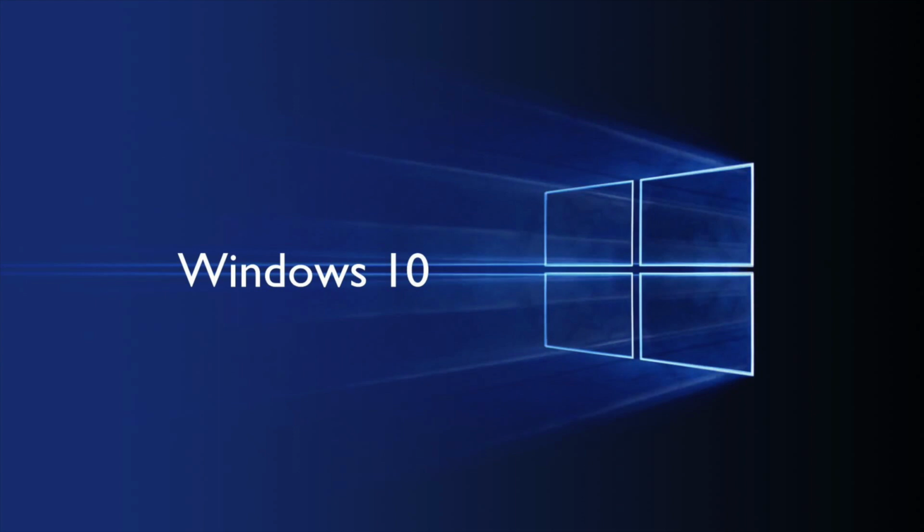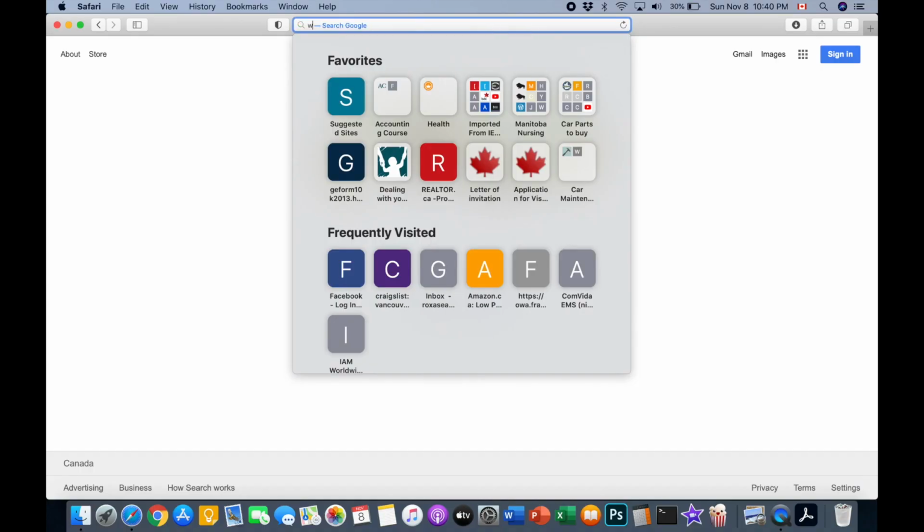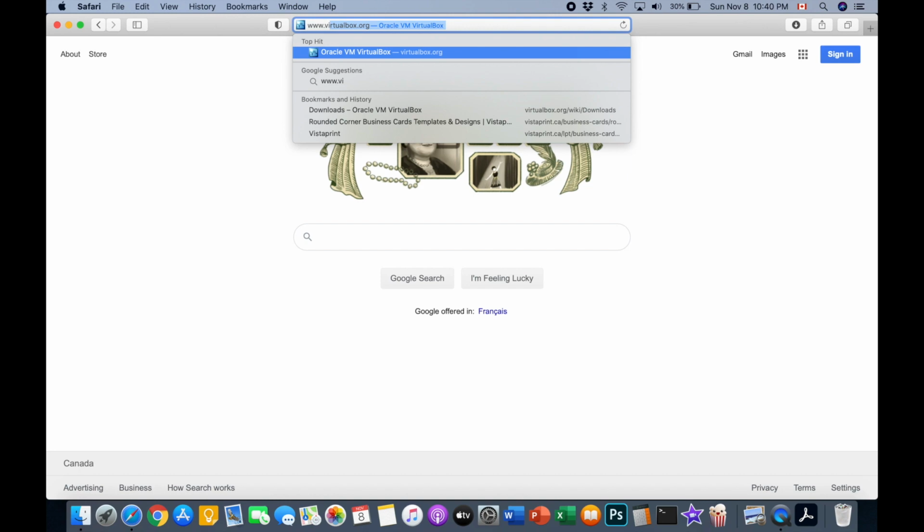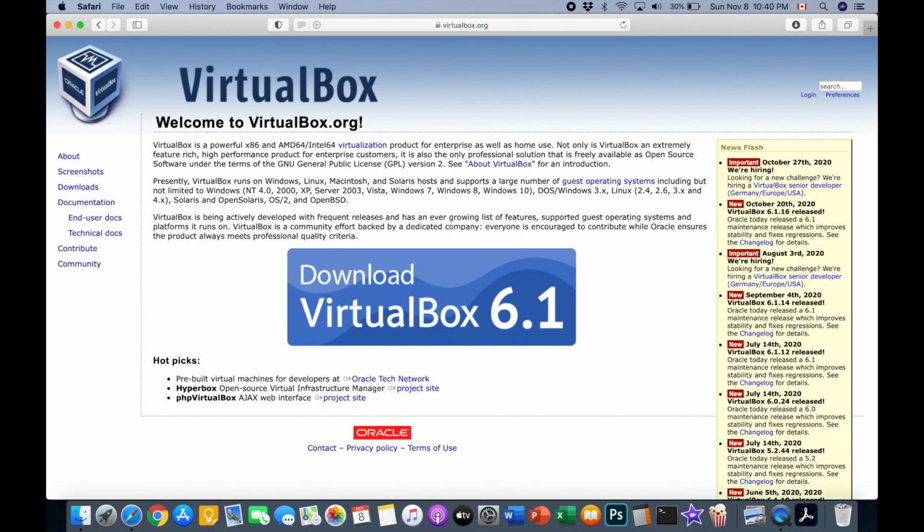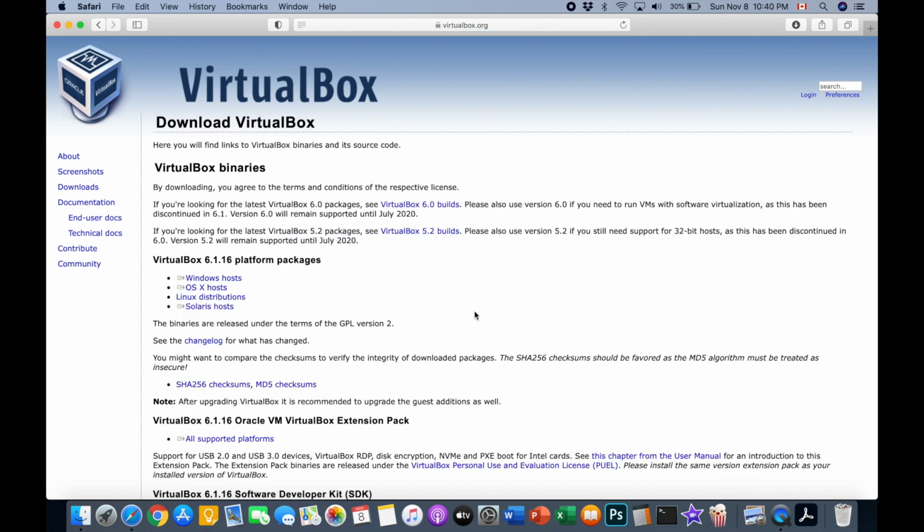Hi guys, the purpose of this video is to show how to install Windows 10 on your MacBook. So let's begin. First we need to go to www.virtualbox.org. Click on download VirtualBox 6.1. Select OSX host. Now this will download